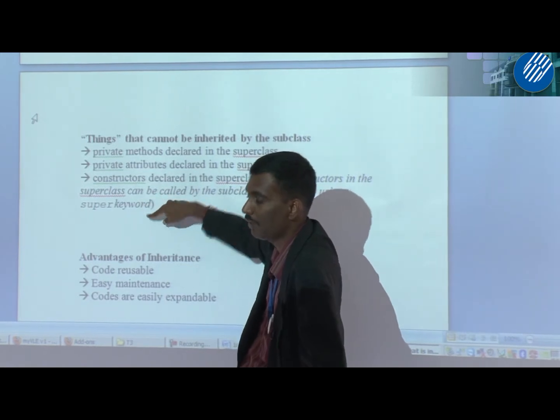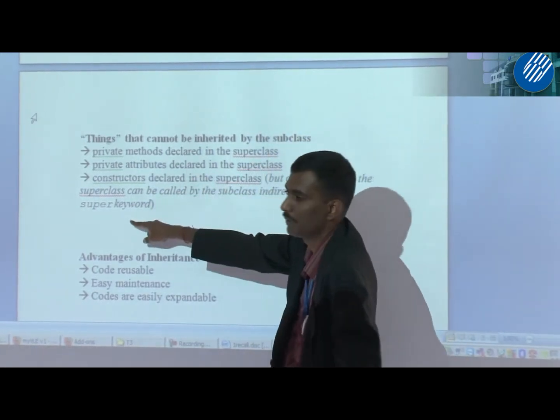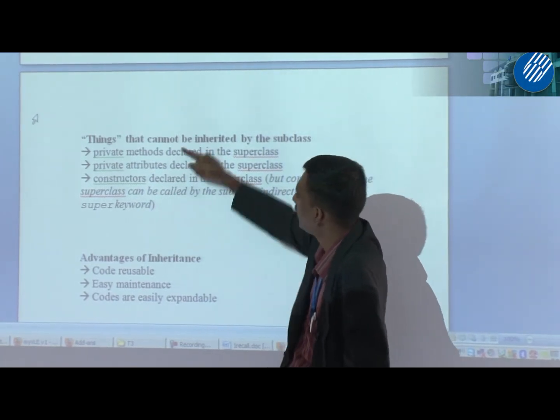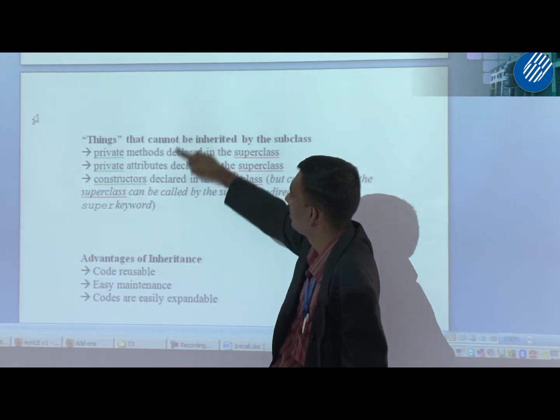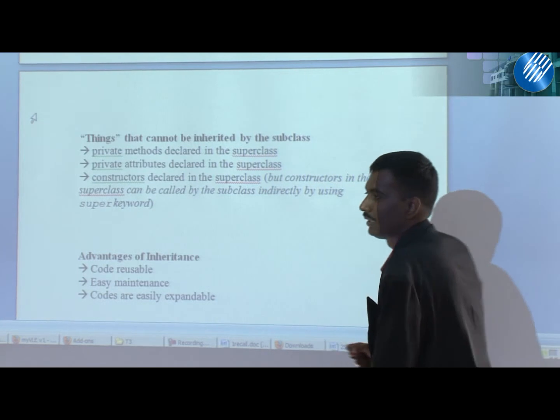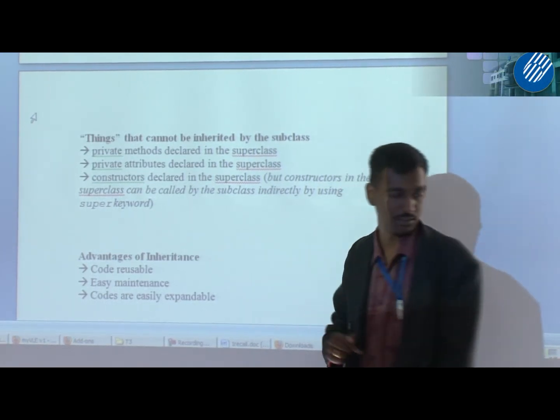Means subclass can call superclass constructor indirectly by using the super keyword. I will explain later about this. So these three things cannot be called by subclass from the superclass. Understand? Okay, can be asked in the exam.